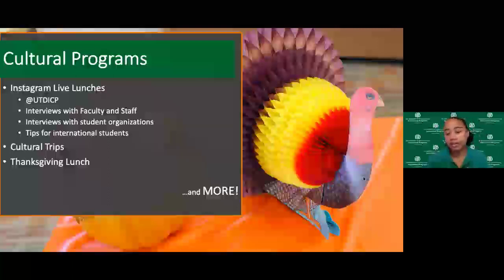And we typically also provide a Thanksgiving lunch. However, for this semester, I don't think we will be offering Thanksgiving. And Thanksgiving is typically in November, by the way. But due to COVID-19, we probably will not be doing that, but just to show you what we typically have, this is a very well attended event. We have international students and domestic students come out with their families to celebrate Thanksgiving, and they enjoy a very traditional Thanksgiving meal. And they also get to learn about the culture as well. Next slide, please.